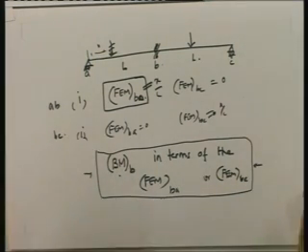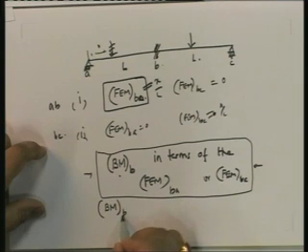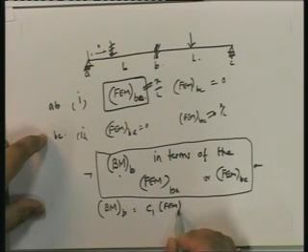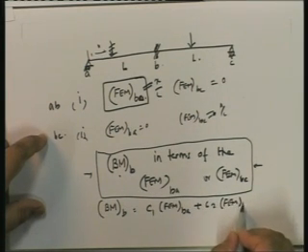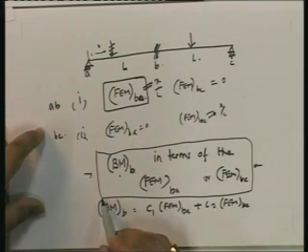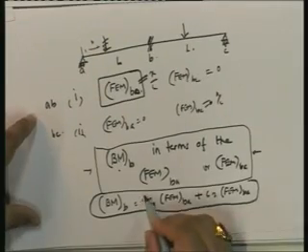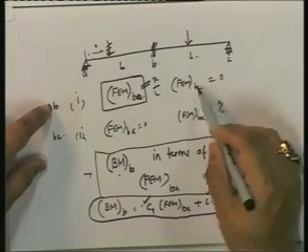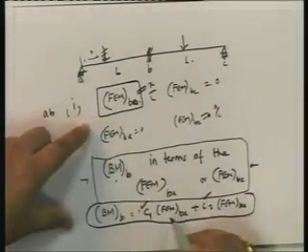Okay? And therefore, all we need to find out is, for example, if we could get something like this, M_B is equal to C1 times the fixed end moment at BA plus C2 times the fixed end moment at BC. If we could get an expression like this, and we knew C1 and C2. Note that when the member is AB, I know that the fixed end moment at BC is 0, so this would drop out. And since I know this, and I can find this in terms of x by L,